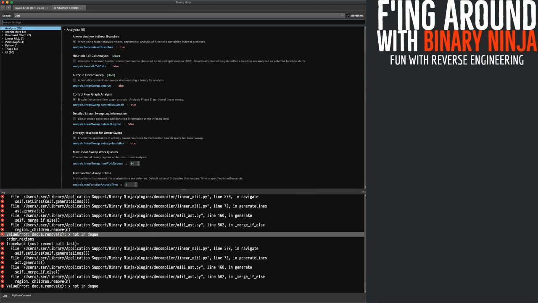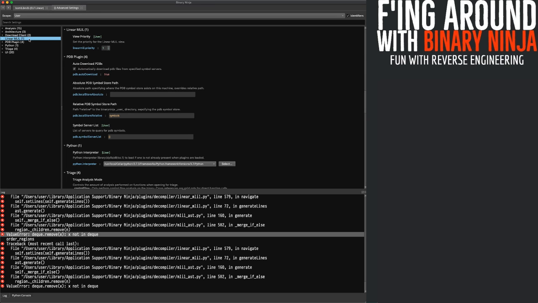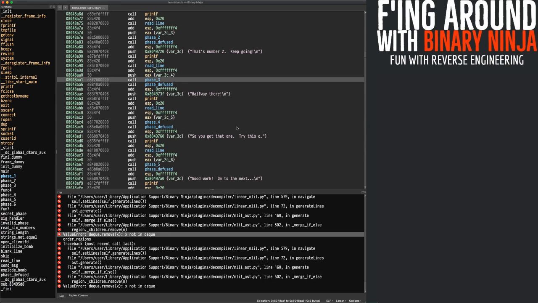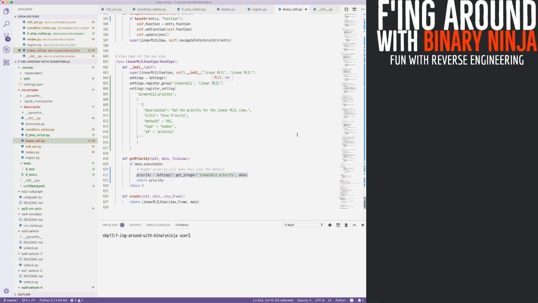But you see, now we get this nice little linear MLIL thing, and I've got it set at... I don't know why it only goes up to 99 for some reason. Yeah, so the